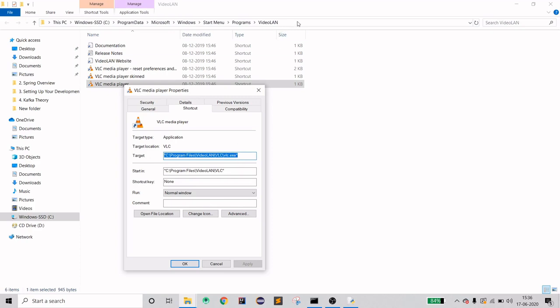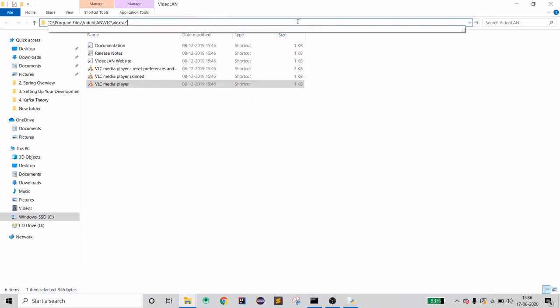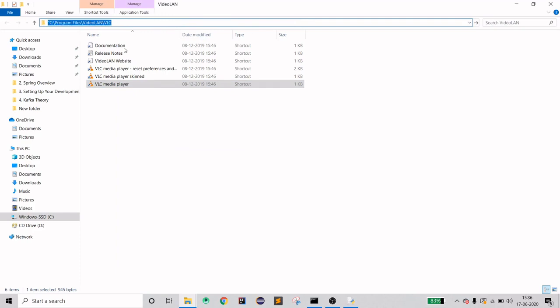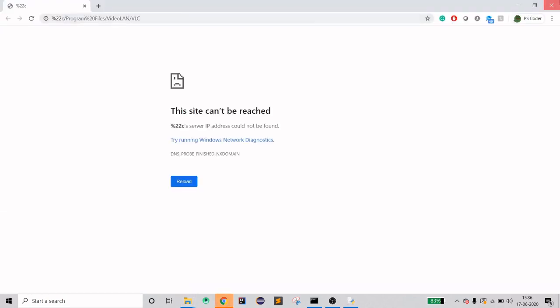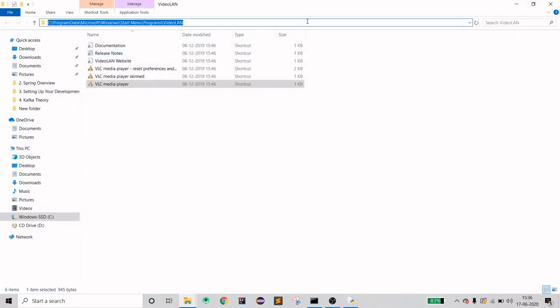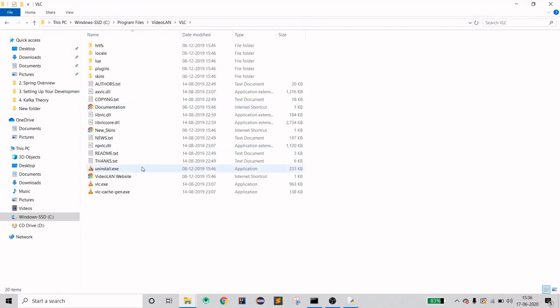If I copy this and paste it here, exclude the exe part, and then remove this, you can see that this is the executable file which is getting run.